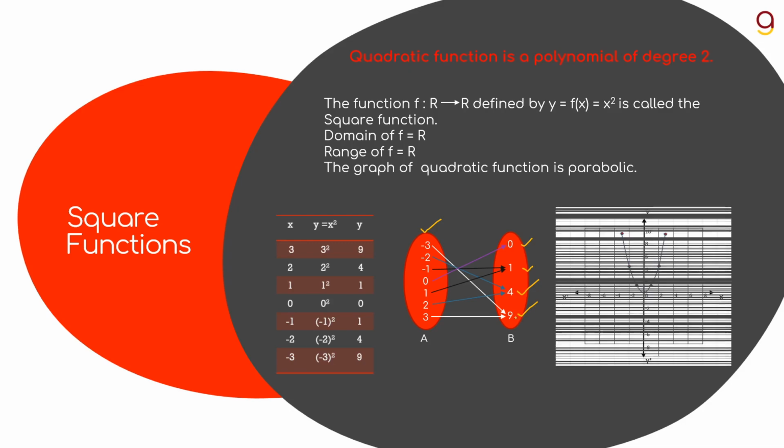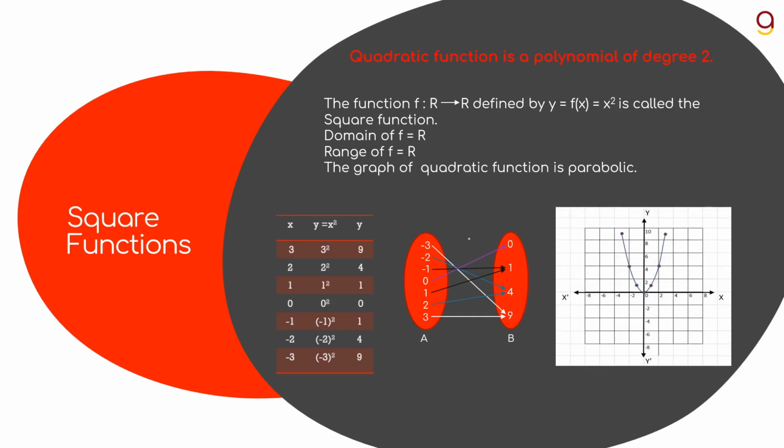Now again from here we can say that the range is the set of real numbers and the domain is also always the set of real numbers. If we consider x to be a real number, then x square will also give us a real number. Yes, so the domain of the function is the real numbers, and the range of the function is also the real numbers. Now let's see the graph for the same. Let's take a graph paper and plot these points given in the table.